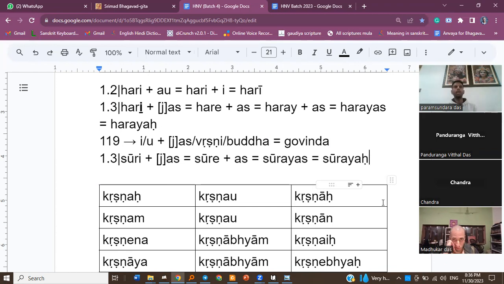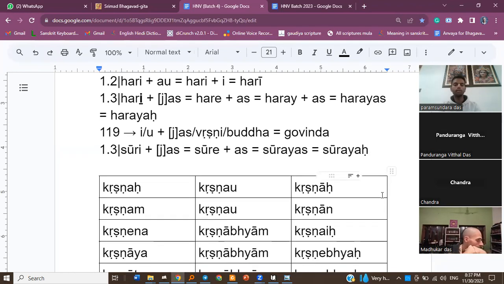So if we have studied the declension in this particular way, as we are doing, then by seeing any form, we can come to know what is the original root word for any word, right? Because we know the declension, we know how forms are made. So it becomes easy in that way to identify and to work out. So Suraya.